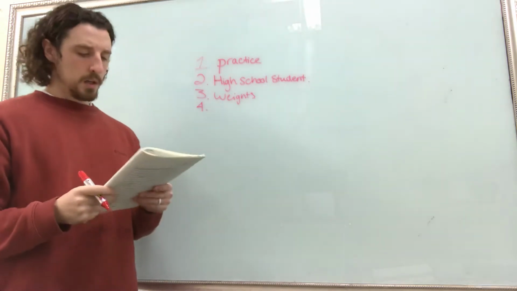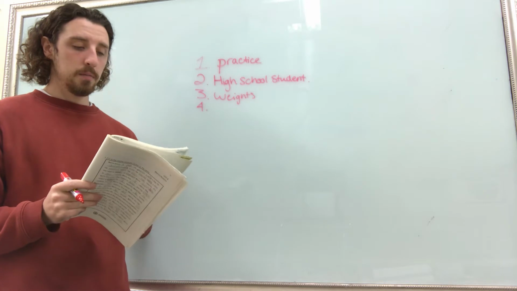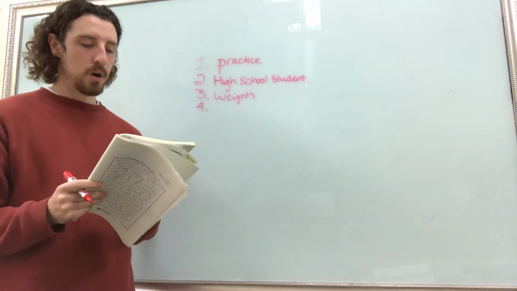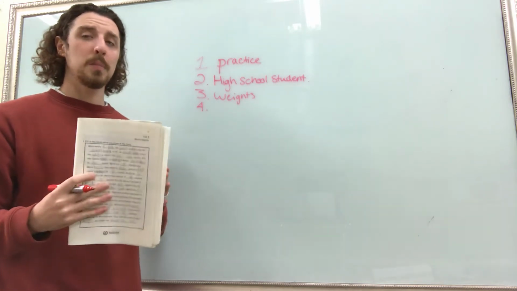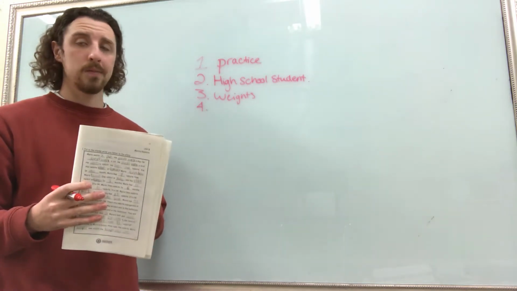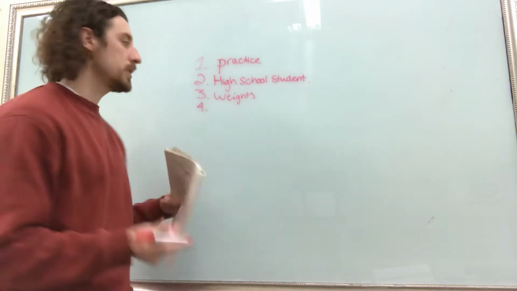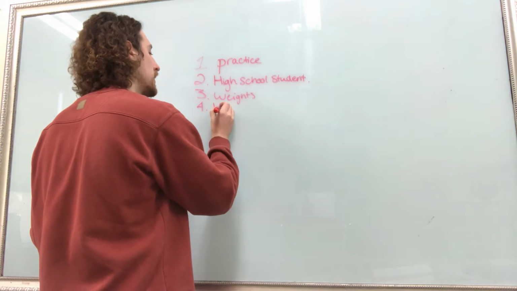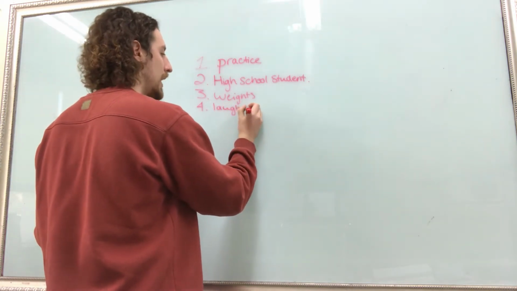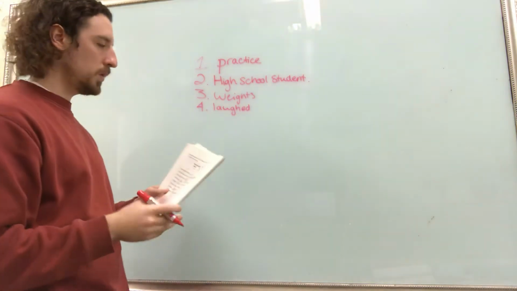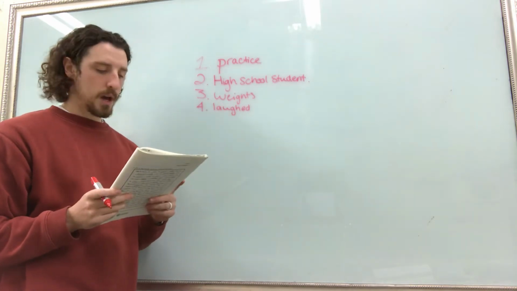Number 4, the boys blank Justin because he is too small. So we're going to say, what were the boys doing with Justin? It was in the book. When he was at practice, he couldn't lift the weights, so the boys laughed. So this is one of the words where you had to change the form, okay? So laugh, but it was in the past, so we're going to write laughed, E-D, L-A-U-G-H-E-D, laughed, okay?